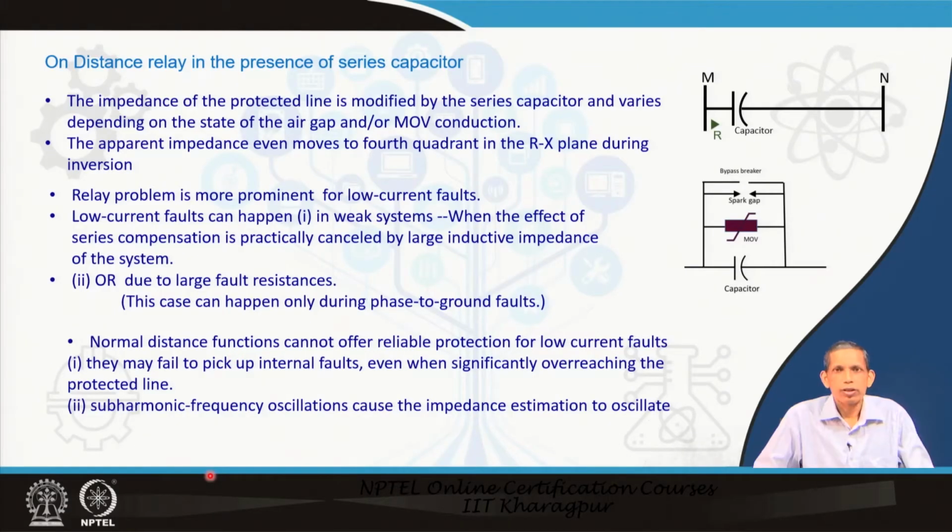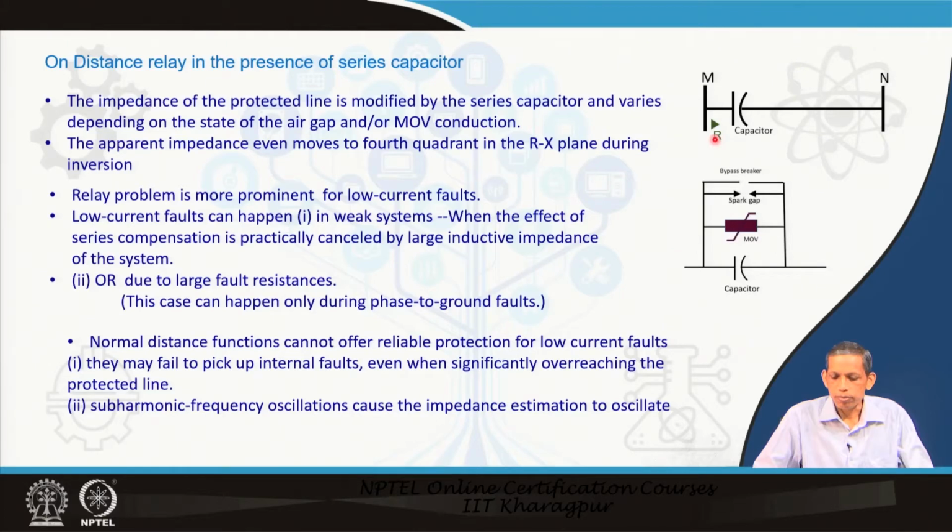In the last lecture on series compensation in part 1, we discussed the operation of protection of the capacitor, the corresponding MOV operation, air gap flashing and the breaker operation. Then we discussed the directional relay issues, current inversion, voltage inversion and how the solutions to directional relay can be achieved. In this lecture, we will focus on the distance relay issues and the solutions.